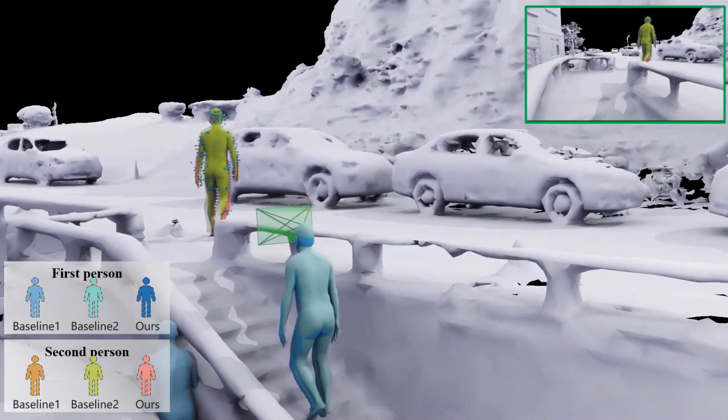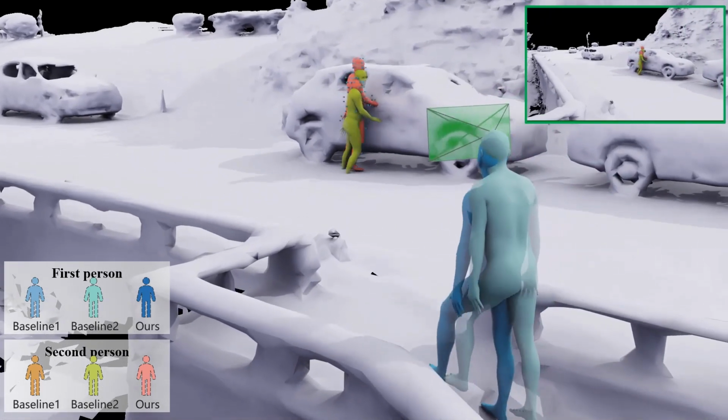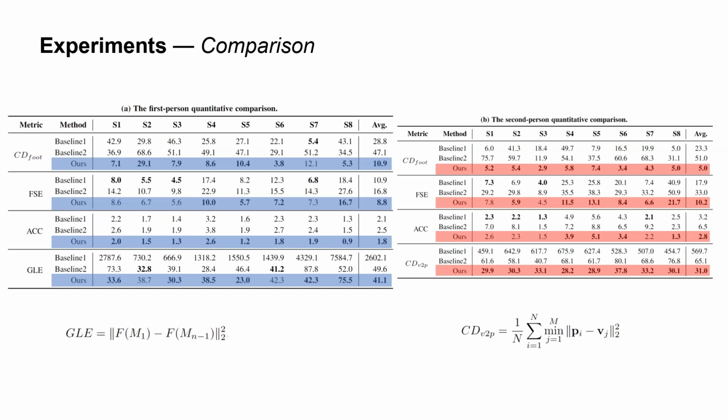We also report the quantitative comparison in the tables. In terms of global localization error, scene plausibility, and smoothness, our method achieves the best results, which shows our method not only augments pose smoothness, but also greatly improves global pose precision.